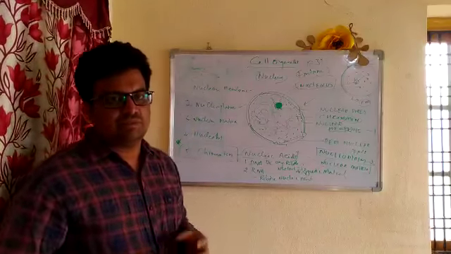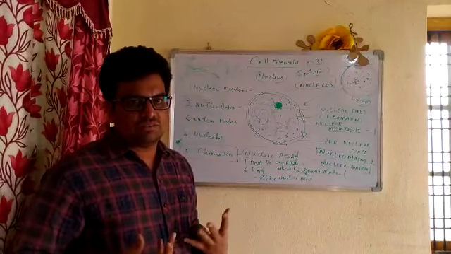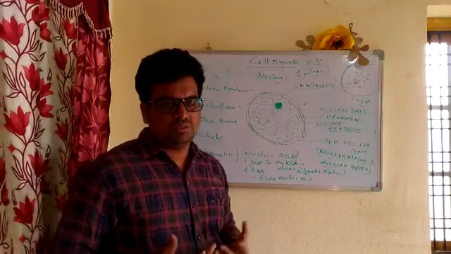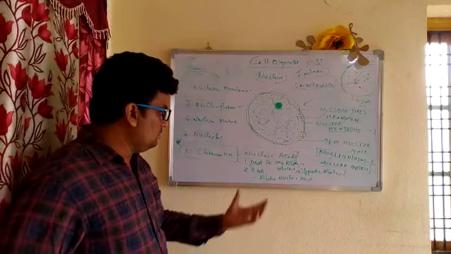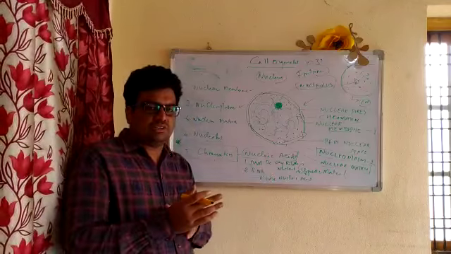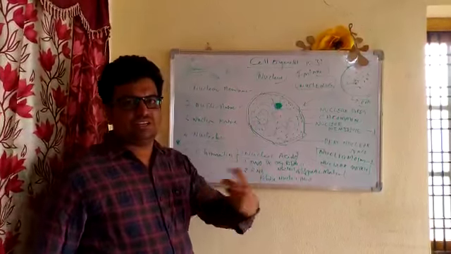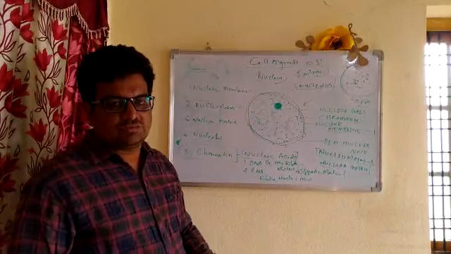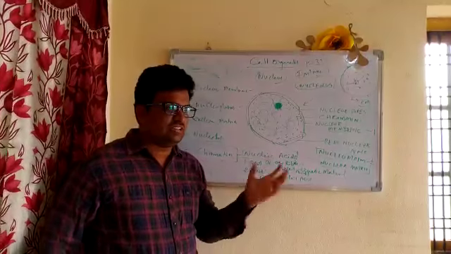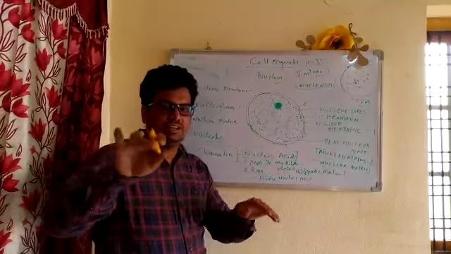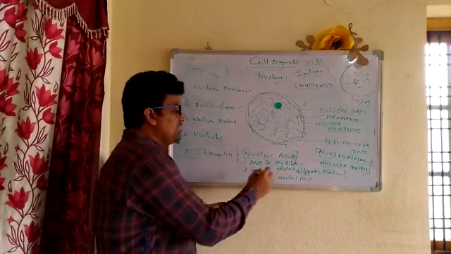When we are given raw material, meaning when we feed our body, in the mother's womb the mother feeds us, and then once we come out, we ourselves grow up. Every cell has its own function. So DNA and RNA hold such a formula: how the body has to function, how the brain, kidney and muscles have to function, how the bones have to form. Everything is present in the DNA and RNA, which passes from one generation to another in a hereditary manner. So DNA and RNA are called genetic material.